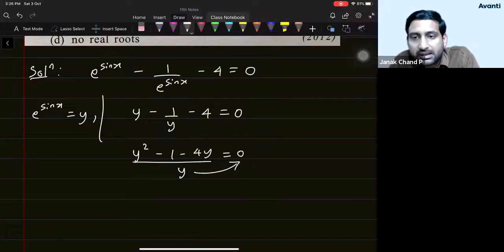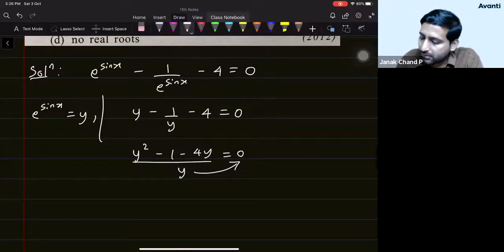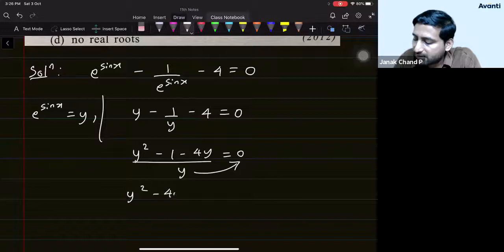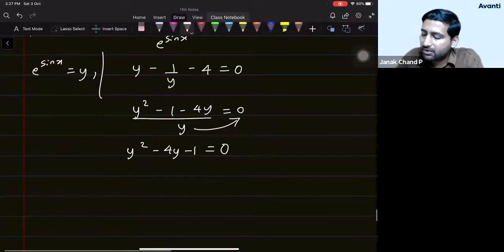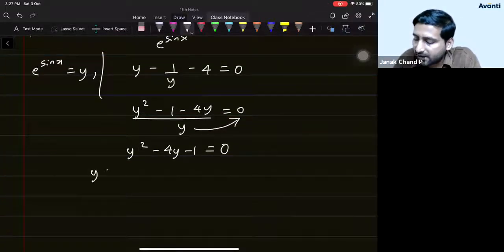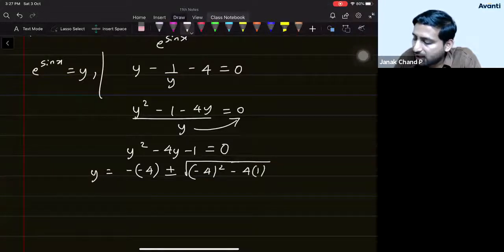That is not possible, right? I'll come back to that. Okay, if you just cross multiply this 4, what would you get? y square minus 4y minus 1 is equal to 0. Okay, so now this is basically a quadratic equation, right? If you can factorize it, well and good. If you cannot, then you can go for the formula. That is, y is equal to minus b plus or minus root of b square minus 4 into a into c,